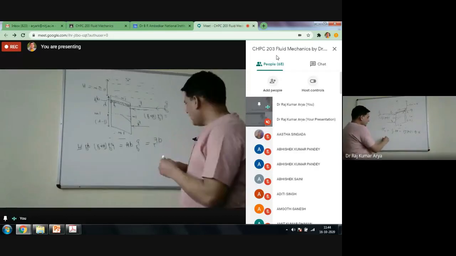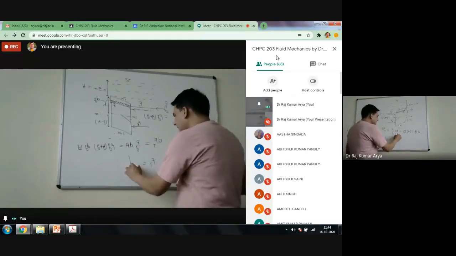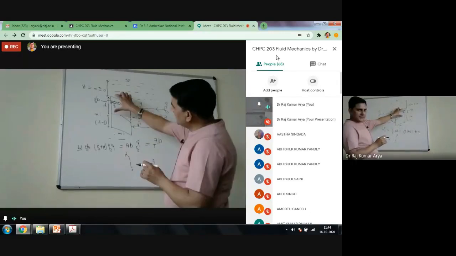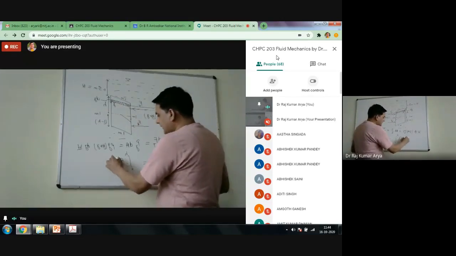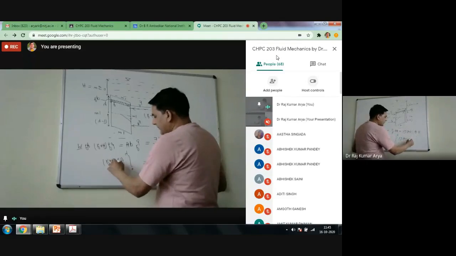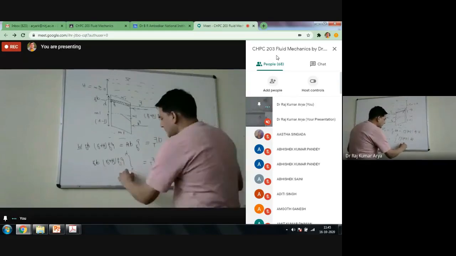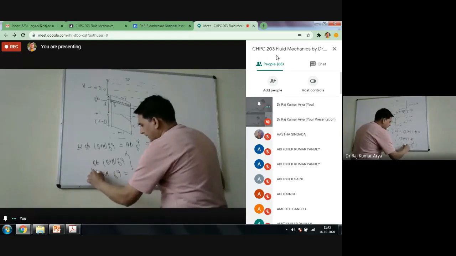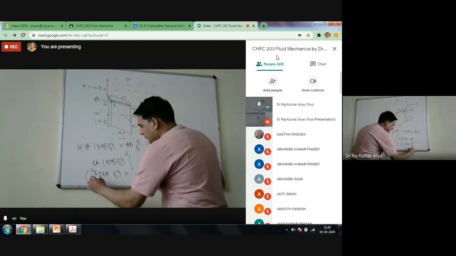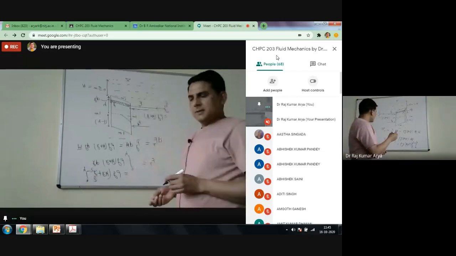If you want to calculate the total force on the top section, you can integrate it from 0 to h, because this much you have considered as just h. So from 0 to h, you have rho g (h plus y). Your width is just 1, so you just have dy. Integrate that. From here you will get rho g (hy plus y square upon 2), and the limit is changing from 0 to h. So you can substitute the limit here.